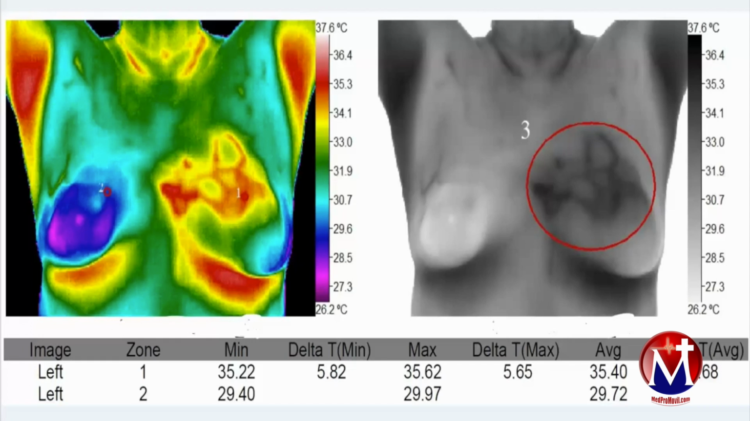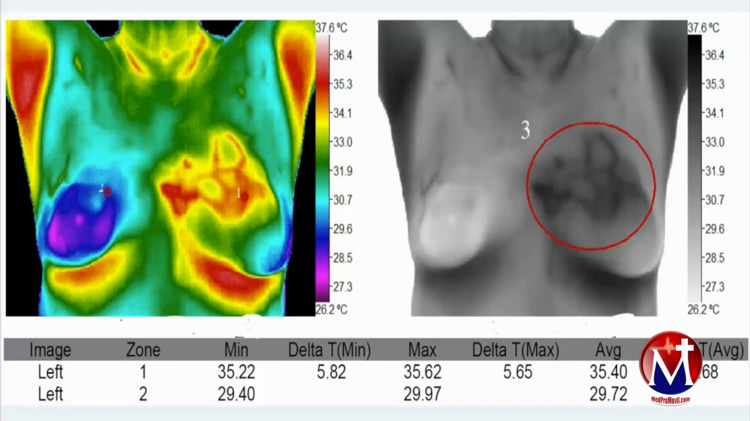Looking over at the color imaging, you can see the same pattern but in red and yellow radiating into the mediastinal area. And the delta T measured here was 5.68 degrees, which is one of the highest we see with breast cancer. The patient was 61 years old, and the issue being that she is involved with alternative health care highly,